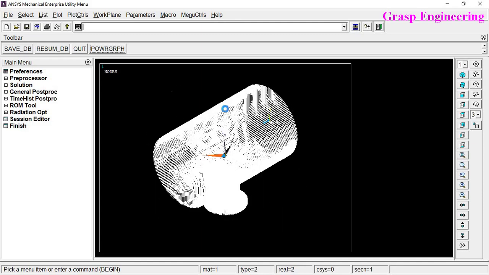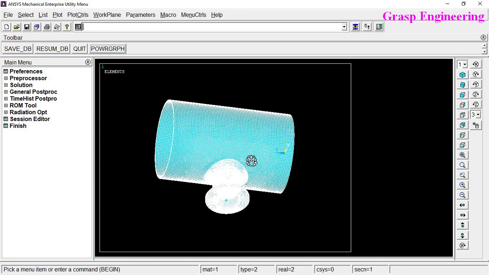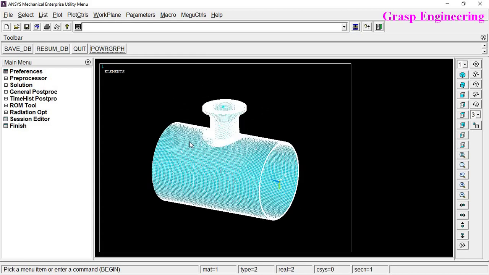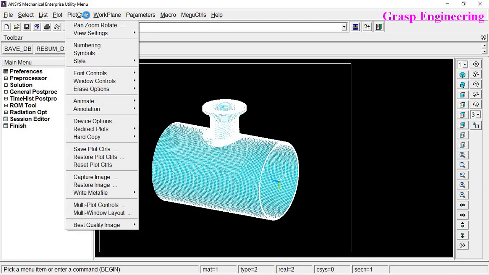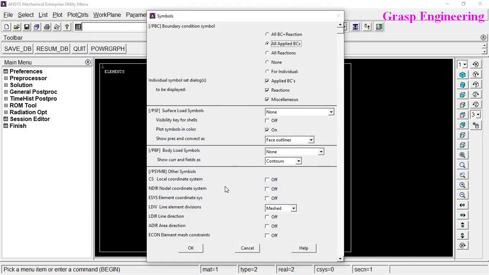Okay, now you see that our analysis model is open, so let's write all us e plot. Okay, now you see that our model is visible in ANSYS Classic. Now in order to see whether loads are applied or not, let's go to Plot Controls, Symbols, and here you can see all applied BCs.